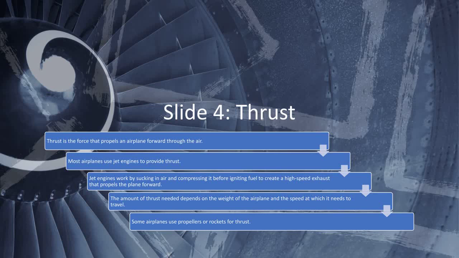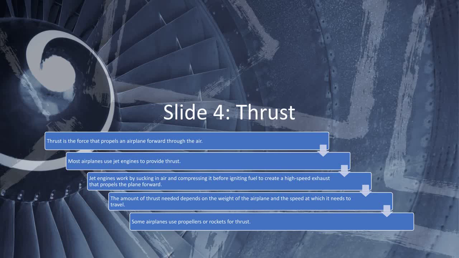Propeller-driven planes work by converting the rotational energy of the propeller blades into thrust. Rockets work by expelling exhaust gases out the back of the rocket at high speed, creating a forward thrust. Without sufficient thrust, an airplane would not be able to take off or maintain altitude. So, it is an essential component of flight and something that pilots and engineers pay close attention to when designing